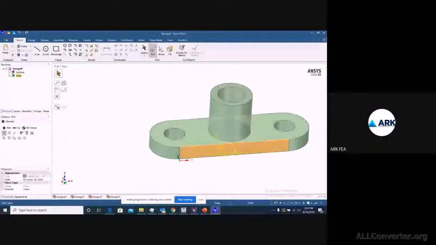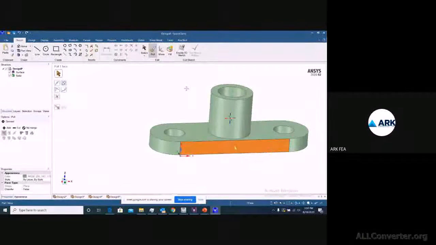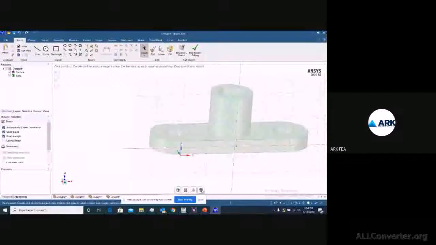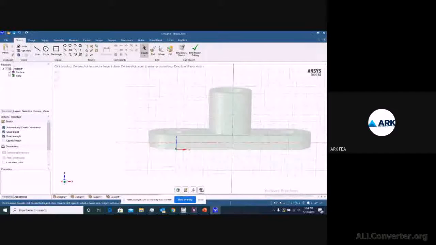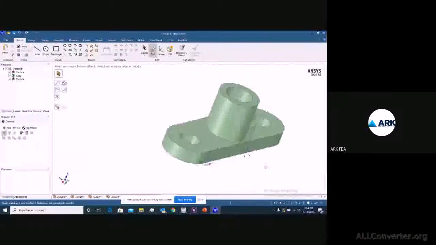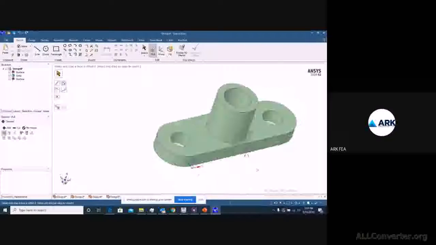Then we'll have to sketch on this plane. Get back to sketch mode, and we take a rectangle here, and once again get back to 3D mode.